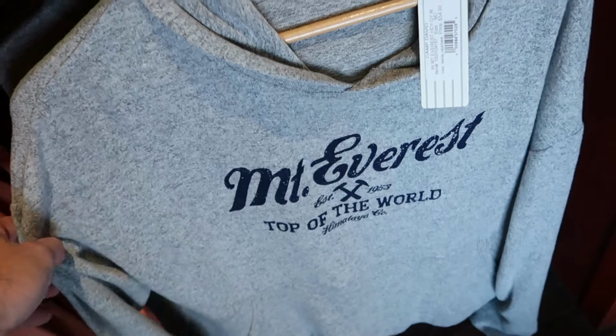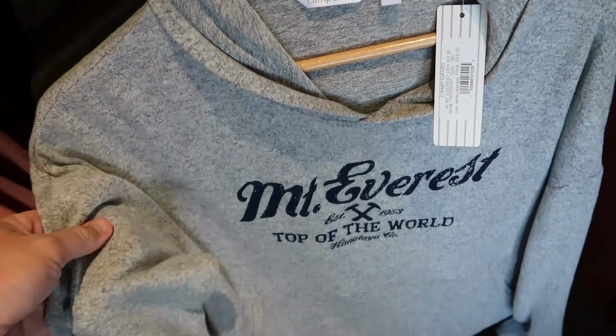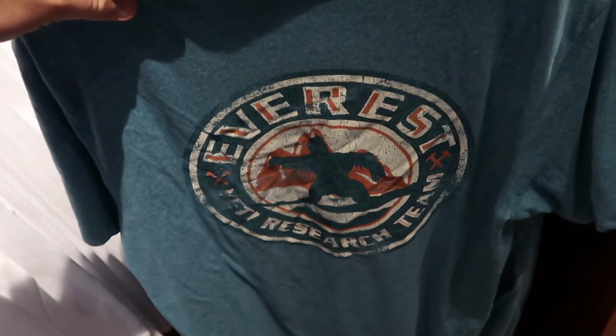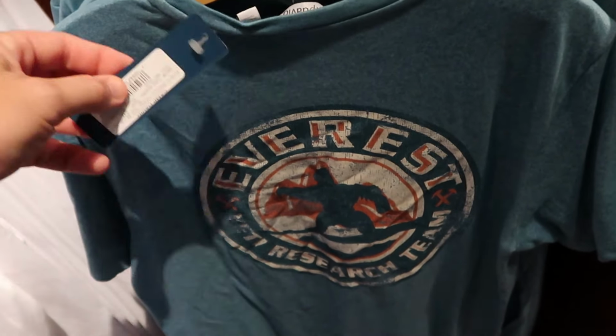Even a really nice adult size pullover hoodie. Mount Everest, established 1953, top of the world. This is super duper soft for $55. So many awesome graphic t-shirts and different things that they do have with the Yeti from Expedition Everest. It says Yeti Research Team. These are adult-sized unisex graphic shirts for